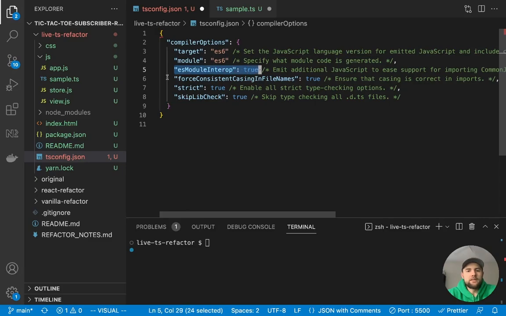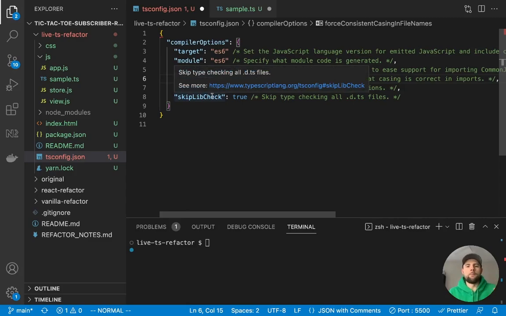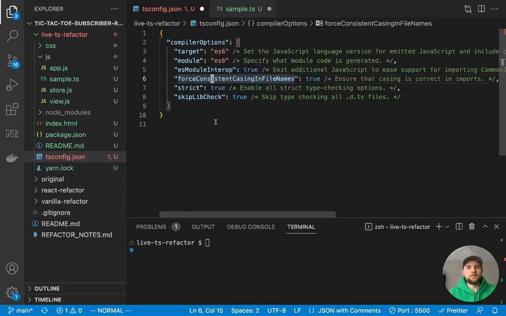And then going down the list, ES module interoperability, as I said, is the ability to basically combine the syntax that we just went through and have files from multiple module systems being able to compile together. This is going to be important, especially if you have certain libraries that still use old CommonJS module systems, or newer ones that use ES6 modules and don't support CommonJS. So having that interoperability is really nice, especially in larger projects.